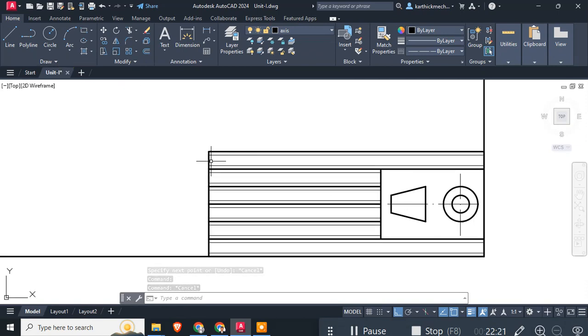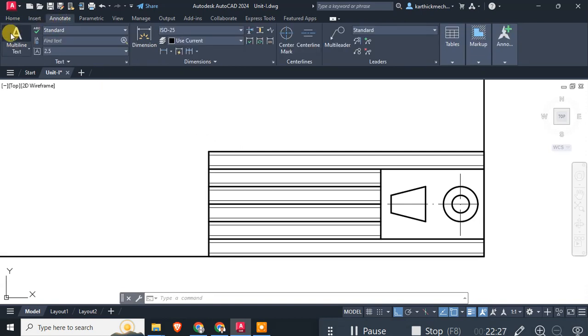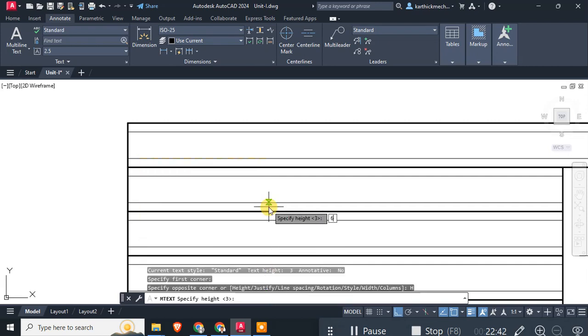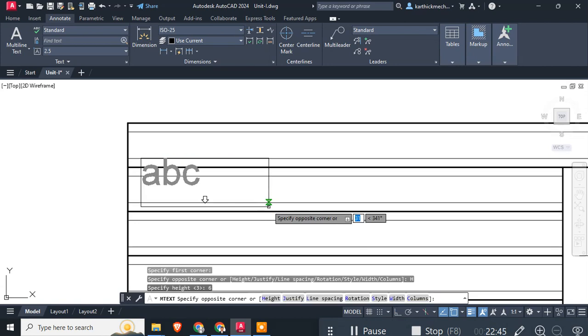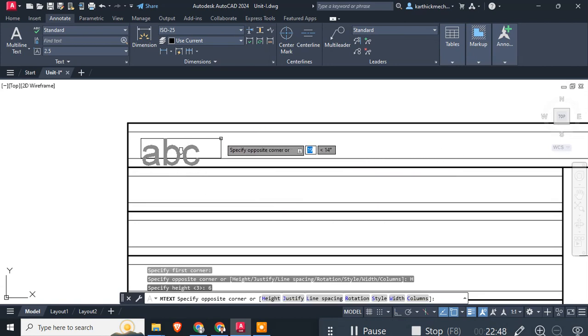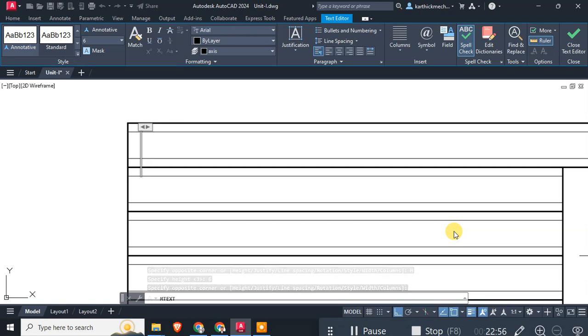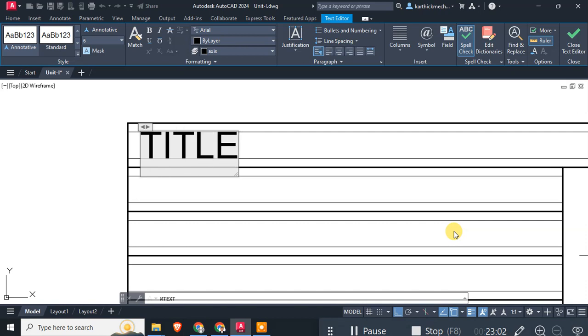Now we need to give some name. See, to add the name, you can go to the Annotate tab and create the multi-line text. It is asking to specify the first corner where we need to write. Yes, here, and then specify the offset corner, or you can simply specify the height. Height is 6 mm, because the gap which is available is 6, and specify the opposite corner here. Okay, and now you can type the title block,